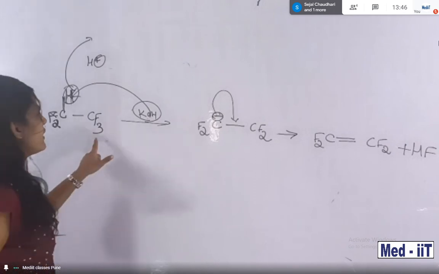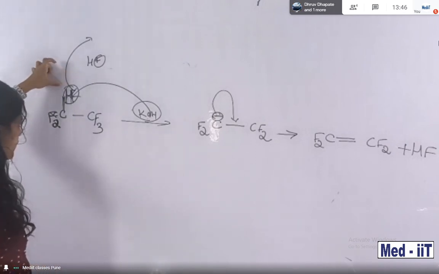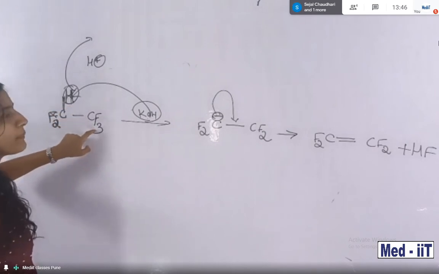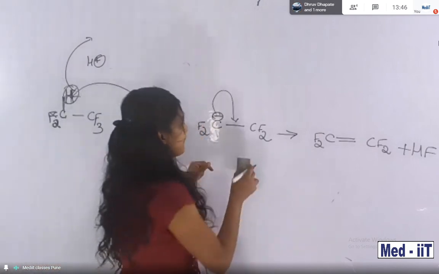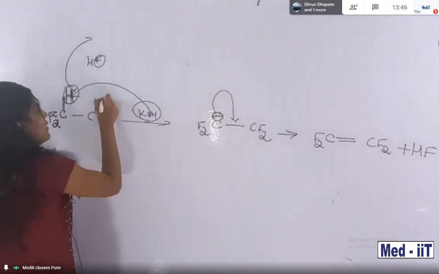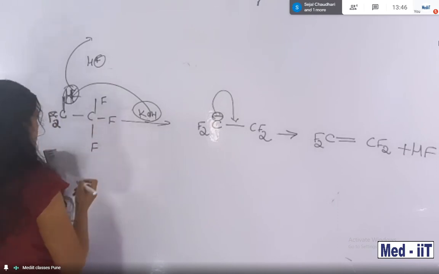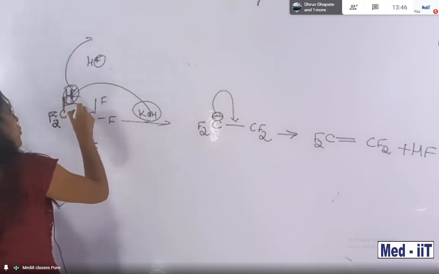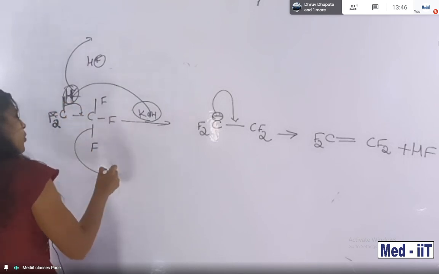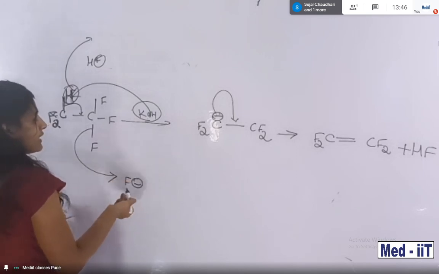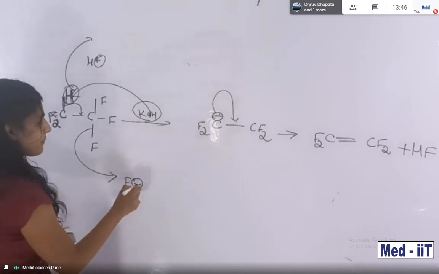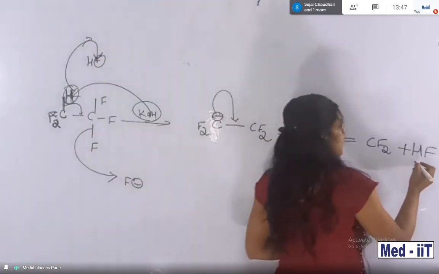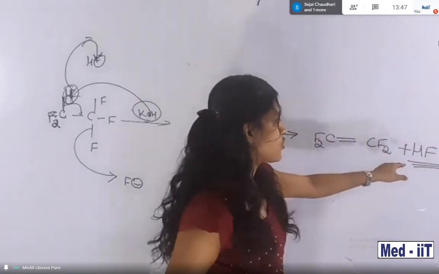Like this, after the removal of the proton, the bond is shifted to here. The same thing, one more fluorine is removed. So it becomes actually 1, 2 and 3 fluorines. Then the hydrogen proton is removed. Proton removed, at the same time this bond is going to shift here. At the same time one more fluoride, F minus group, is also removed. So F minus and the proton are there. Okay, that gets bonded with the proton, forming hydrogen fluoride. Clear. So this is hydrogen fluoride.